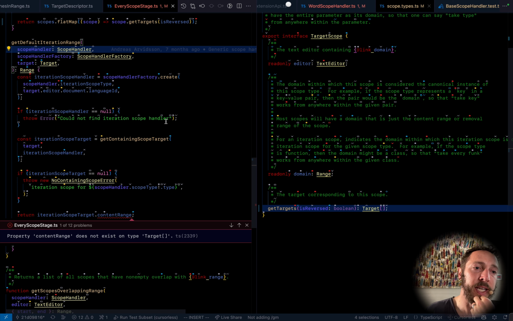So I think the right thing to do is this should be returning a list of ranges. It's weird, but if for whatever reason we used tags, if tags were an iteration scope, then we should use all of them. So I think we just